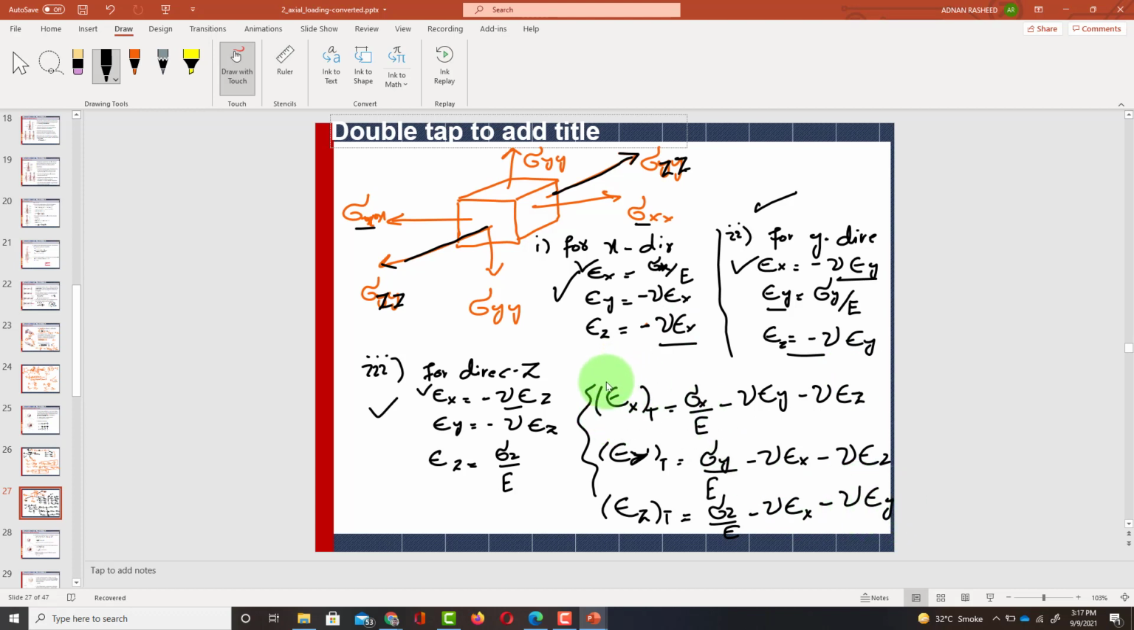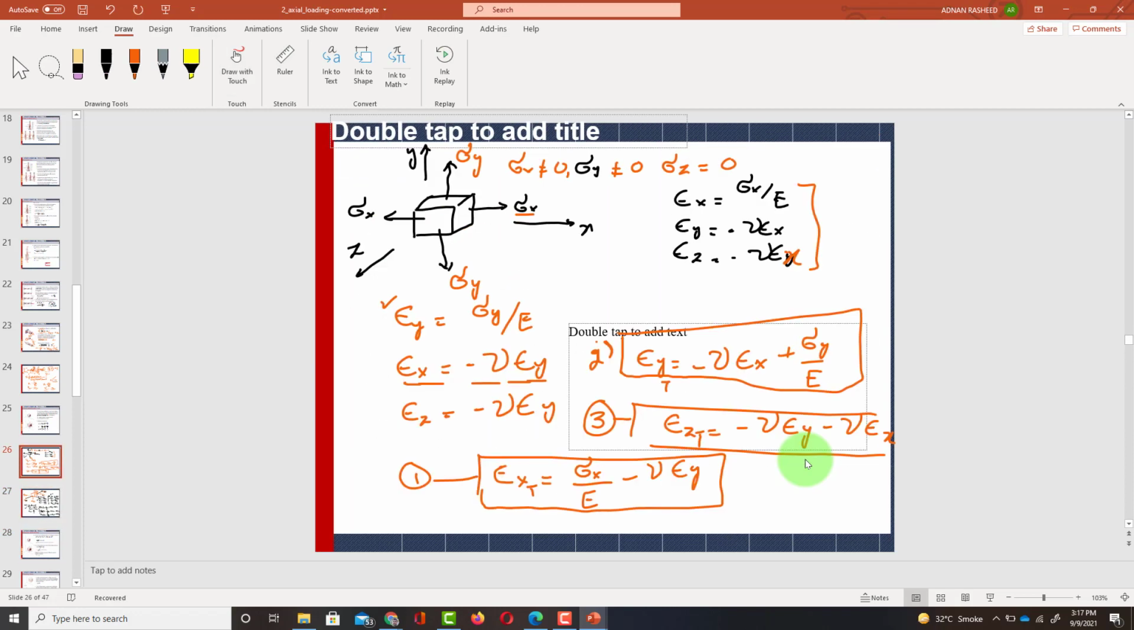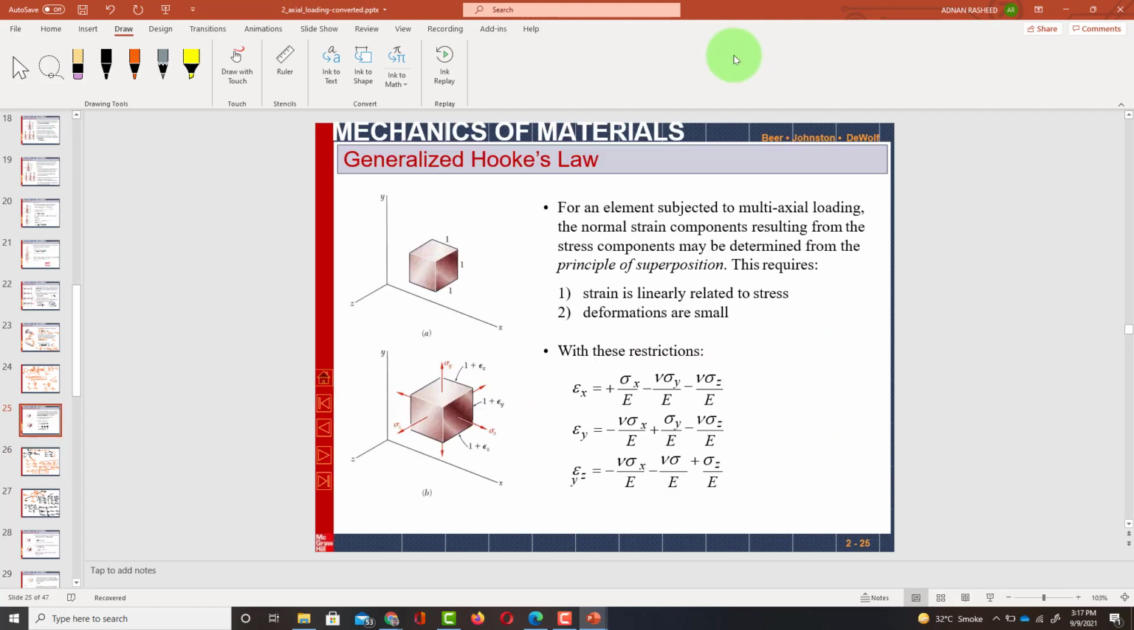Now this is the total strain in x direction due to 3-dimensional loading. This is the total strain in y direction due to 3-dimensional loading, and this is strain in z direction due to 3-dimensional loading. Clear? Any question? यस सर, क्लियर। अच्छा, तो यही चीज यहीं पे एक्सप्लेन है।